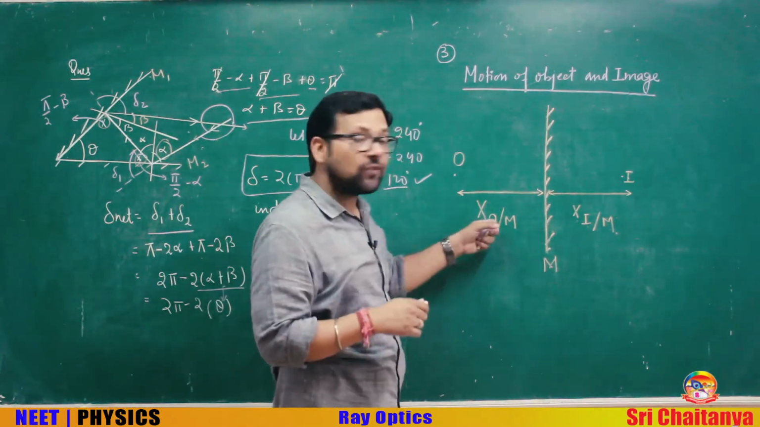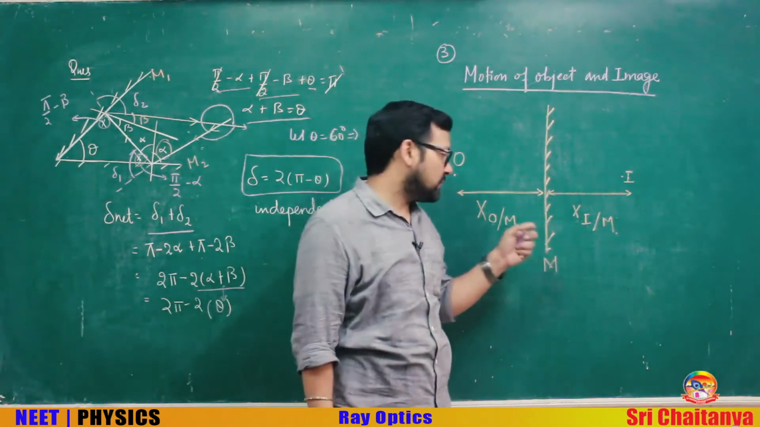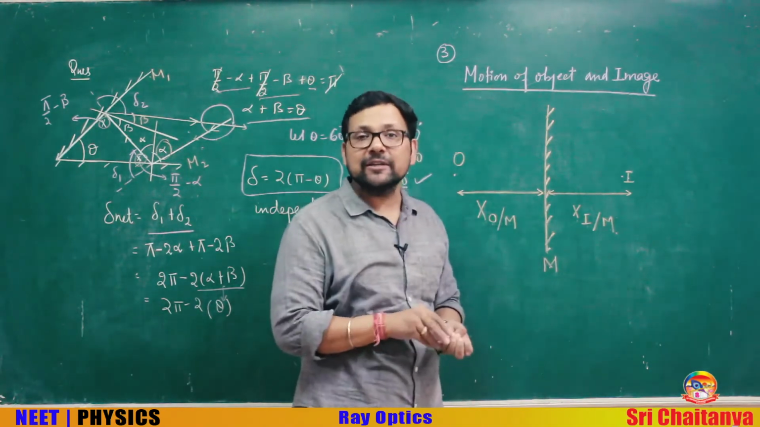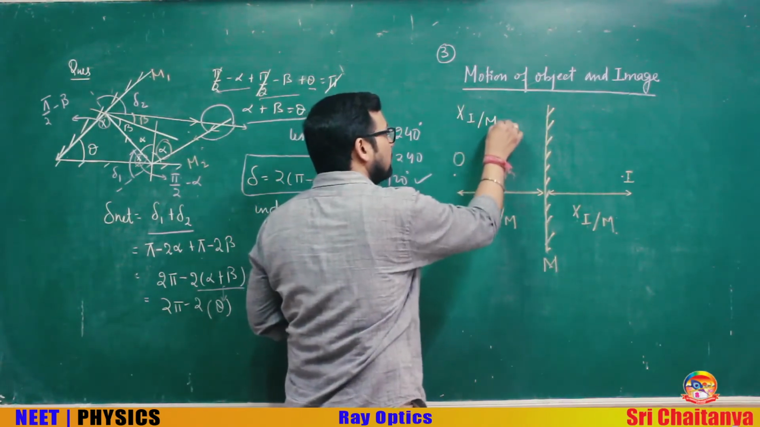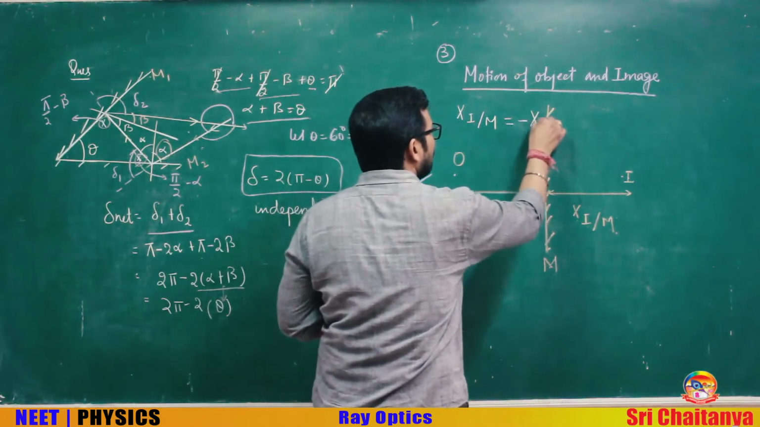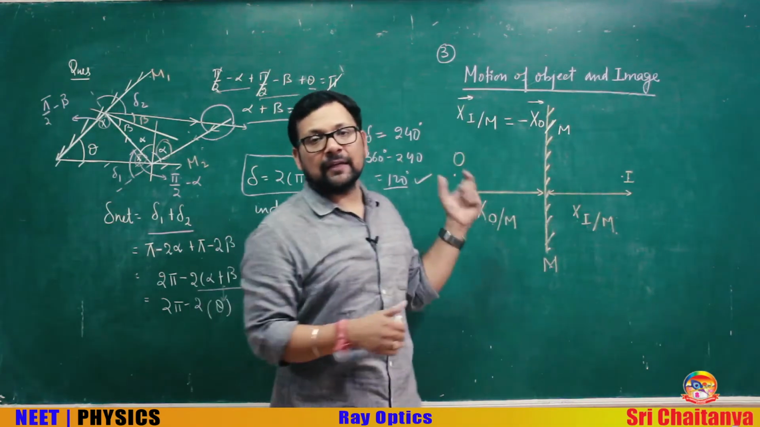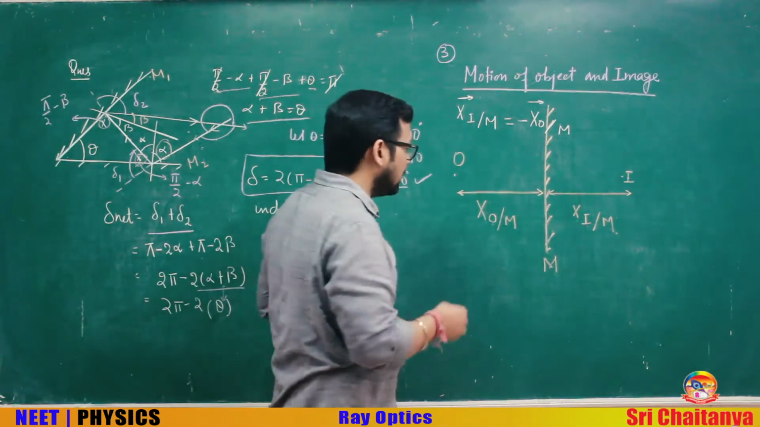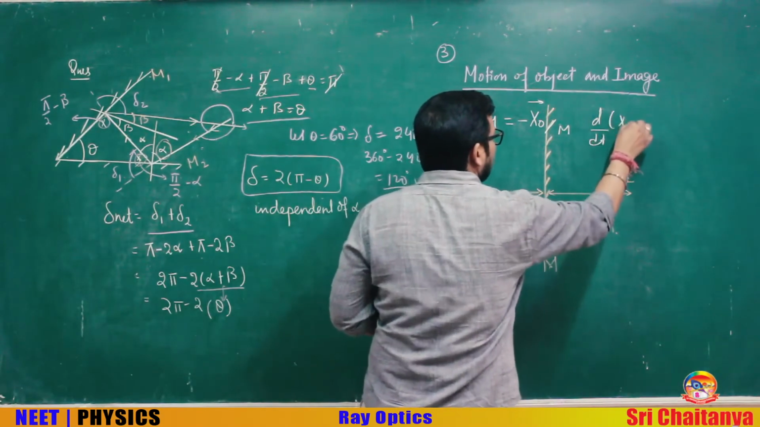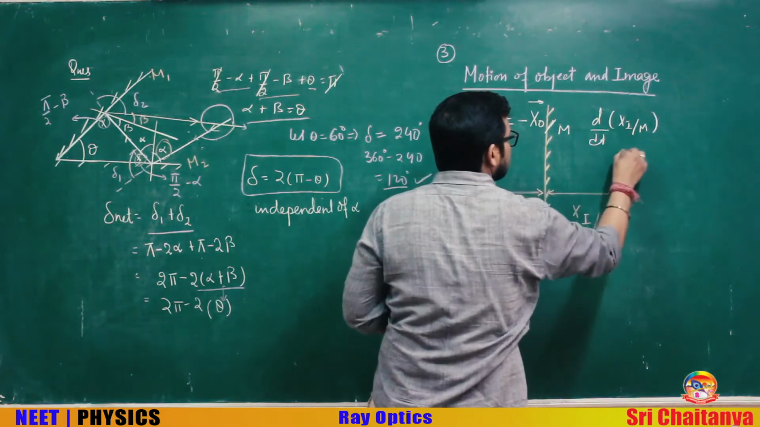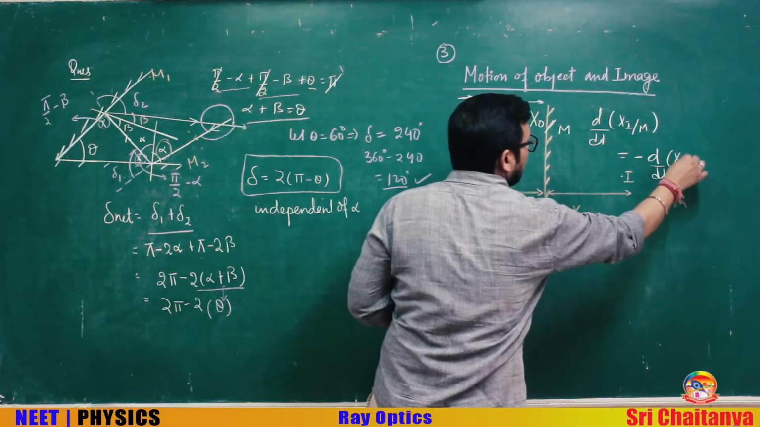So displacement of the object, understood in an optical instrument, the plane mirror is also one of them, is with respect to the mirror. And what is the relation between them? You know that x_i with respect to m is minus x_o with respect to m. They are equal but opposite. Differentiate them: d by dt of x_im is equal to minus d by dt of x_om,